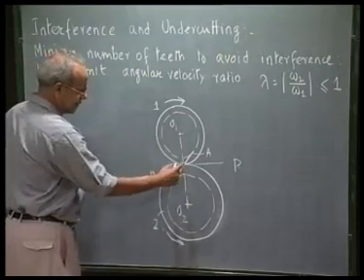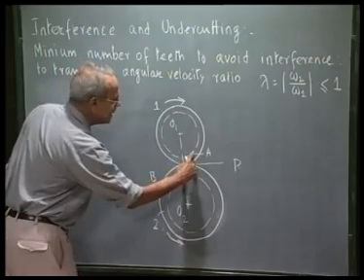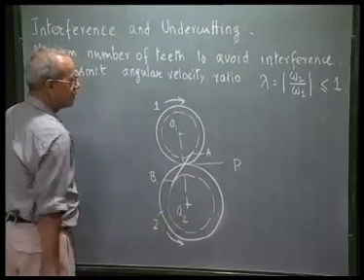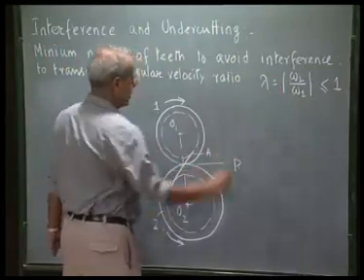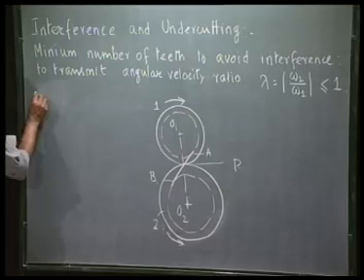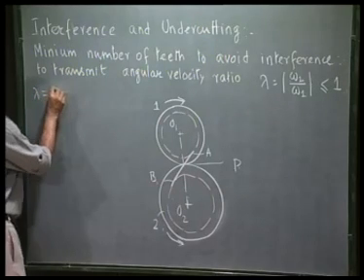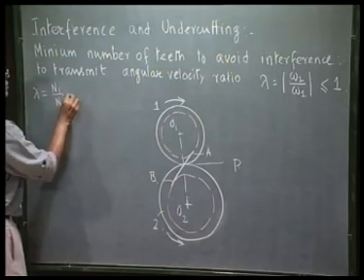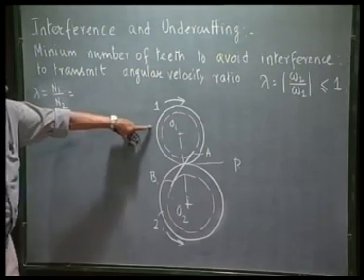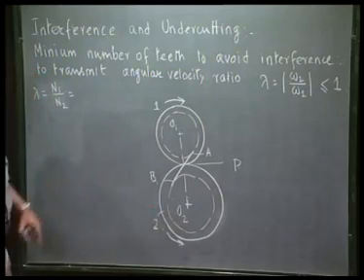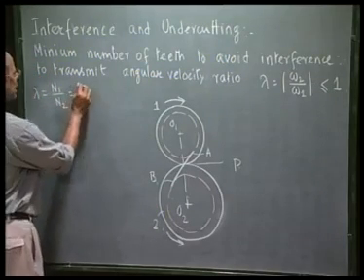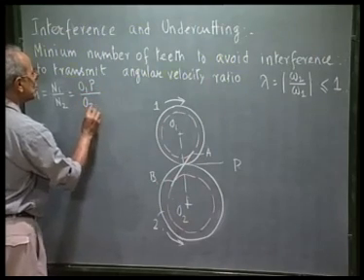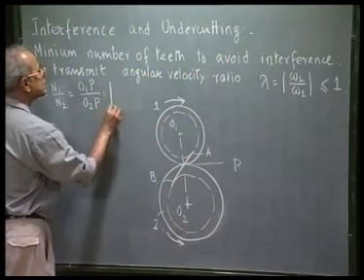Now, as is very clear, because this is a smaller gear, AP is smaller than BP. This is a larger gear which is rotating at a slower speed. So, lambda is N1 by N2, where N1 is the number of teeth on this gear, N2 is the number of teeth on this gear, which is also same as O1P divided by O2P, and which is same as